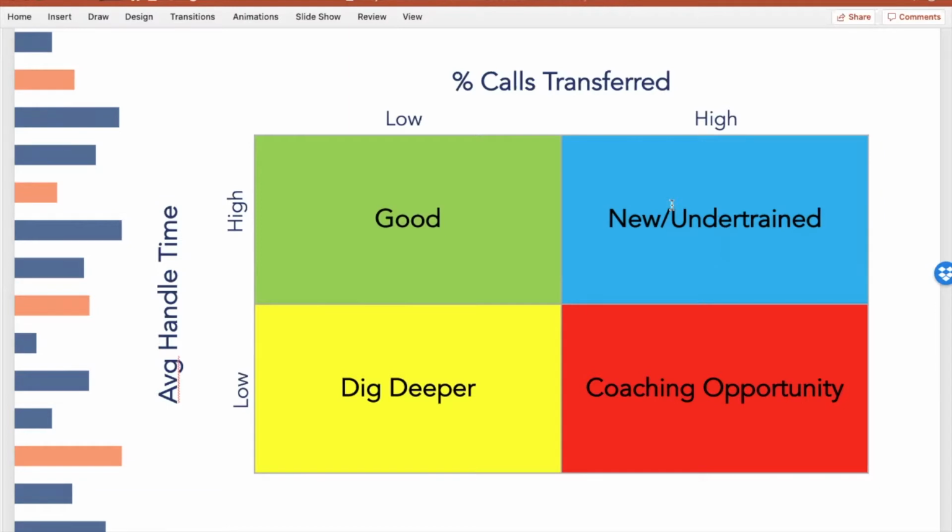How long has that person been there? Is it maybe a bad fit? Did we maybe bring them on during a busy season and not train them appropriately? That's typically a little bit more of a warning flag if you find that someone is well established and exhibiting in that quadrant. If we move down from there, the coaching opportunity,